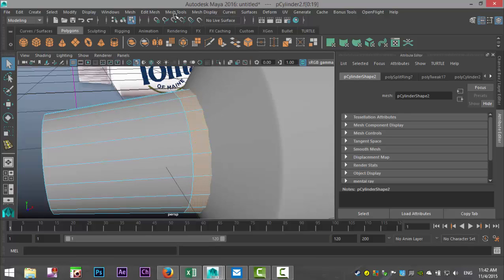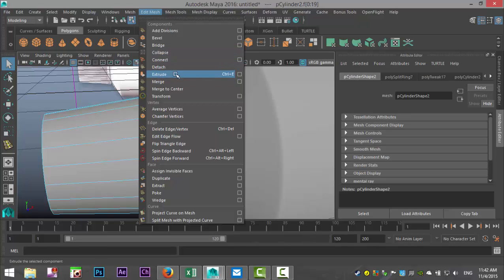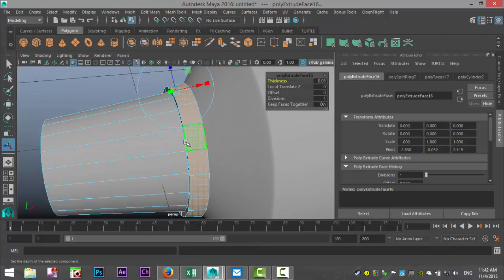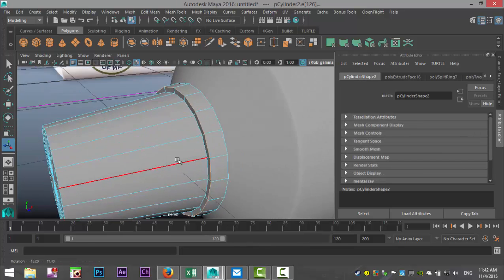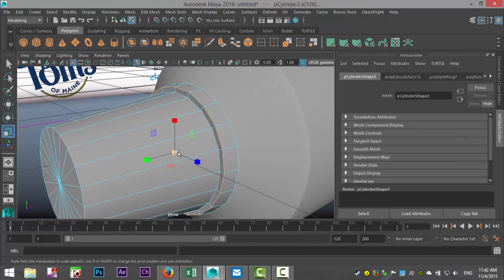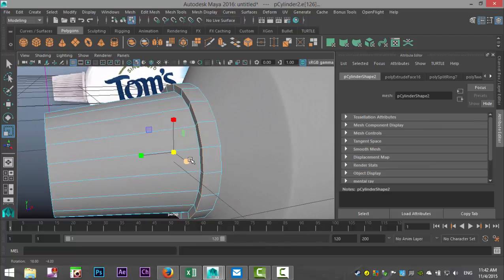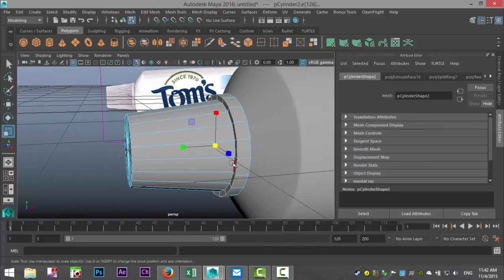We're going to select this entire face row and go to Edit Mesh and Extrude. Let's do 0.1. That's too much. 0.03. That's a bit better. And then we're going to go in, right click, edge, take that outer edge and hit R and scale it out so that that section is level. All right. Okay.